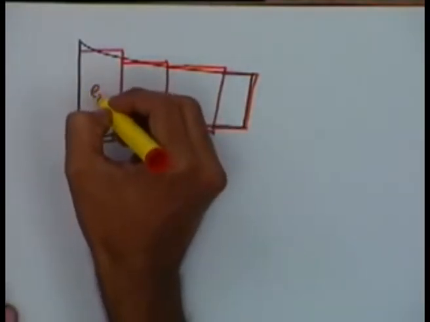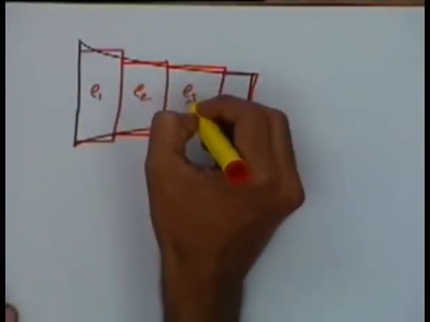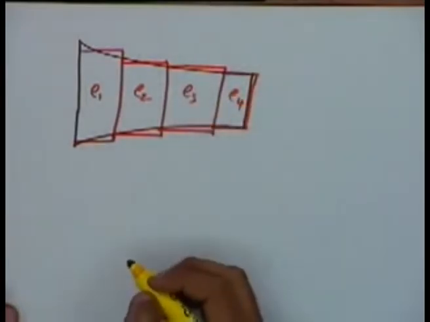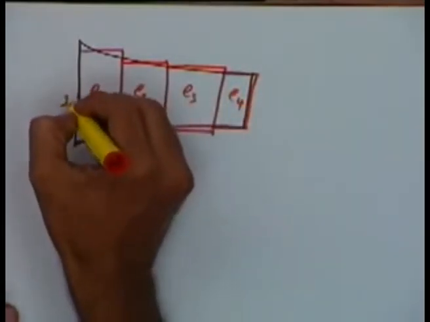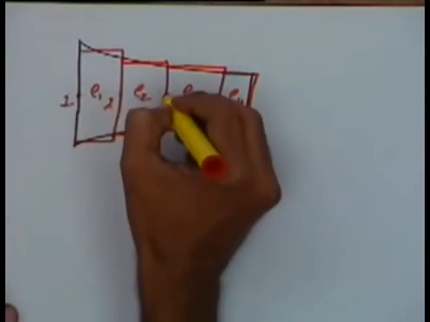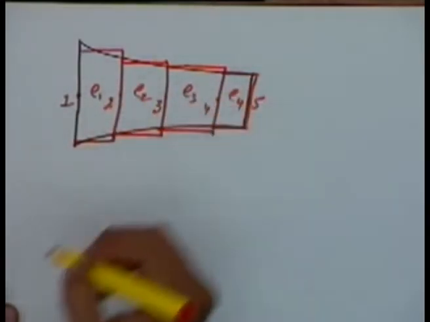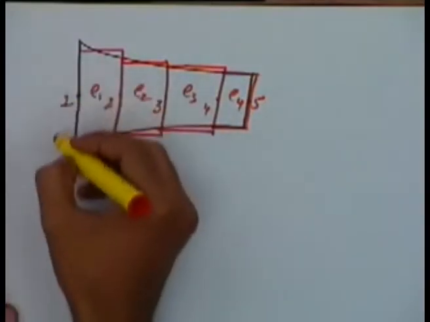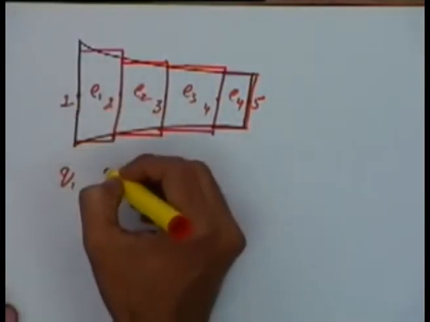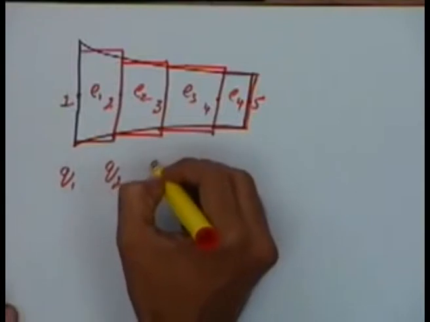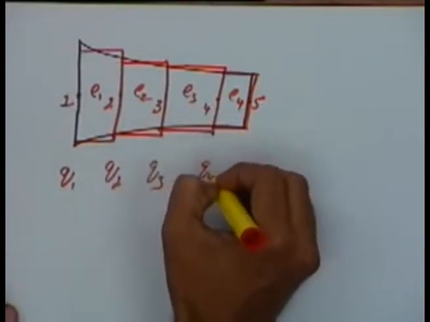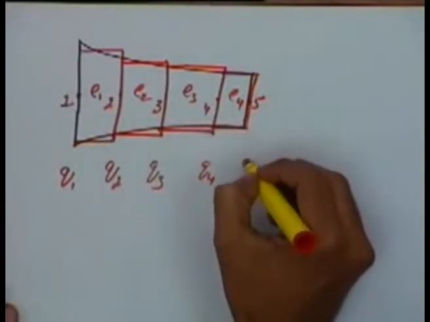Let us say this is element 1, 2, 3 and 4, and these are node numbers 1, 2, 3, 4 and 5, okay. The deformations, let us say we call them Q1, Q2, Q3, Q4, and the deformation of this node is Q5,